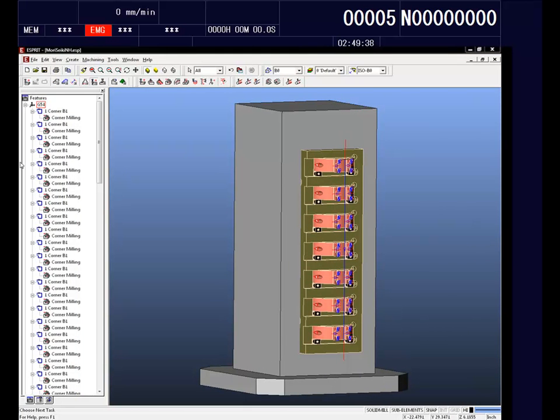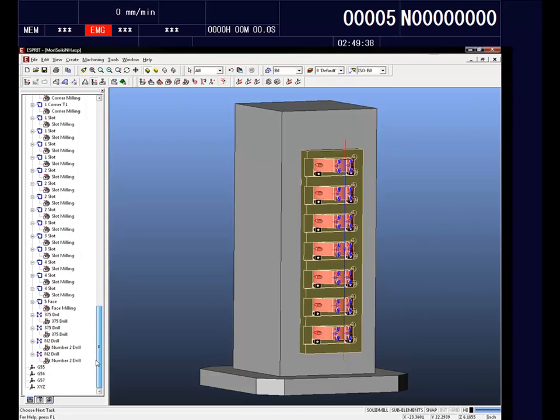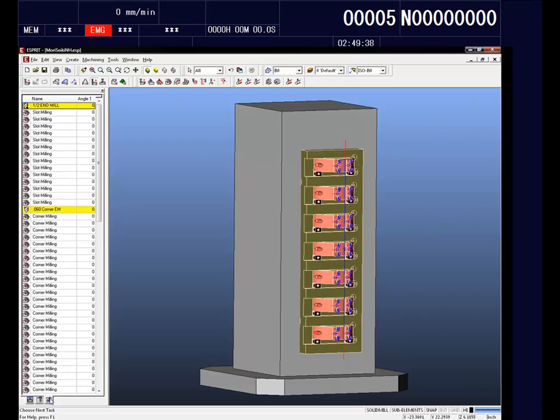Next, I have placed 13 cutting operations on each of the 7 parts that are associated with the 0-degree B-axis machining angle, or the G54 of the part. Now also what I want to show you here is as the cutting operations are created, they are automatically added to the operation tab of the project manager. So you can use the project manager to easily view and manage all operations that are in the current work